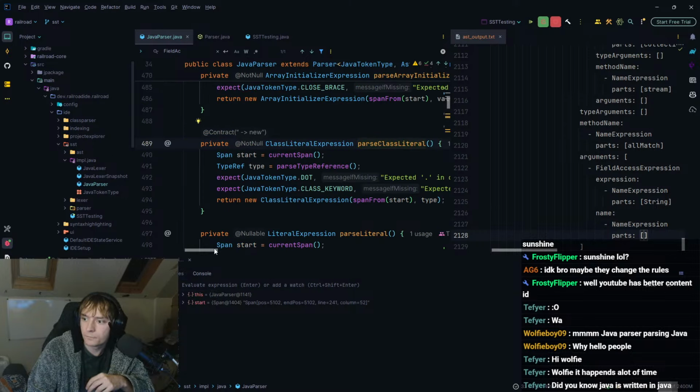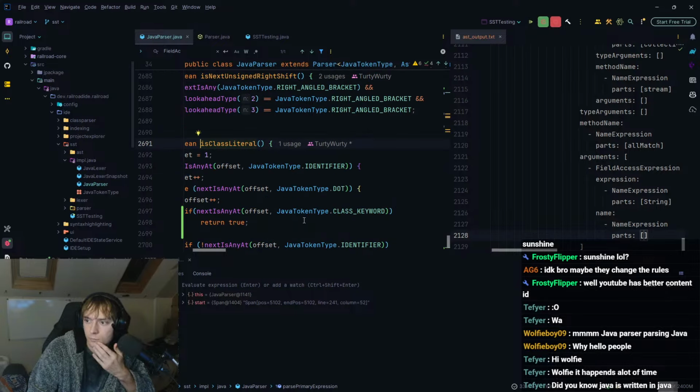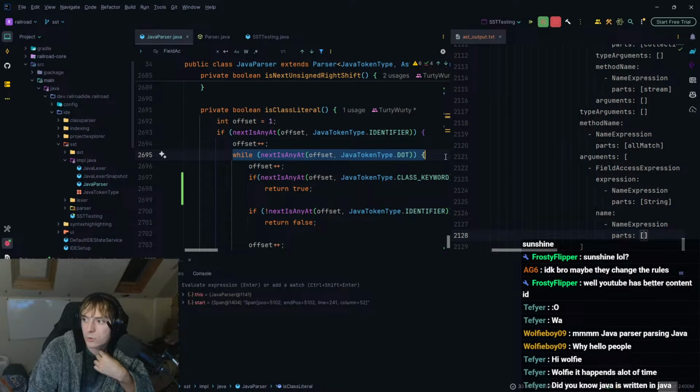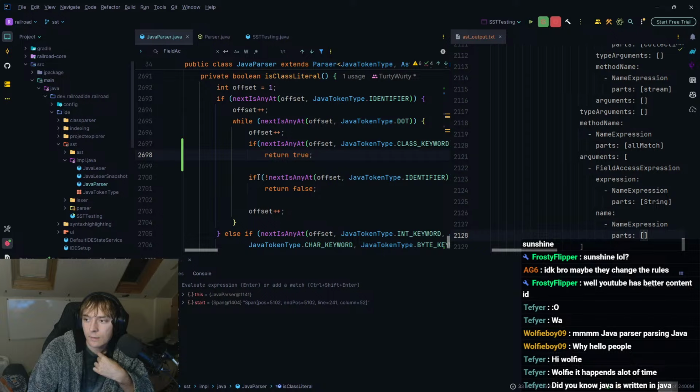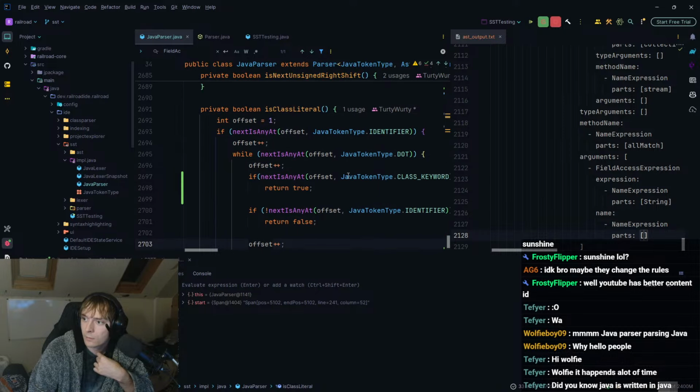And if we look at what that does elsewhere, it's basically while it matches a dot, if it's a class, it's true. Else, if it's not an identifier, then it's false. And basically, it just continues from there.